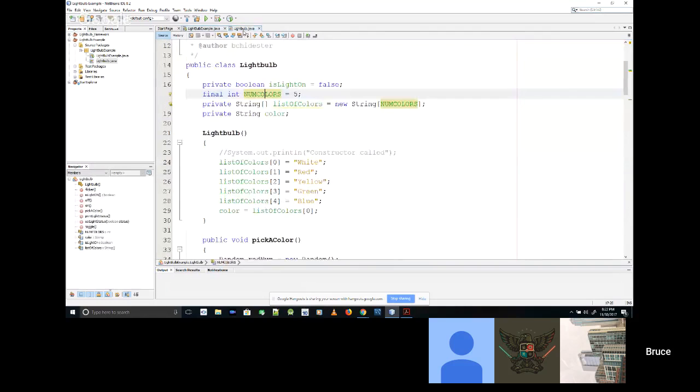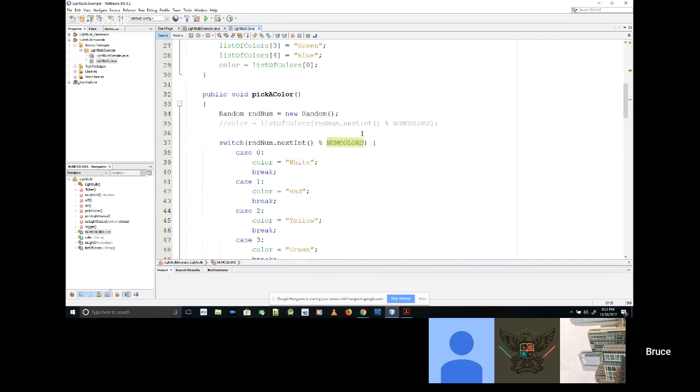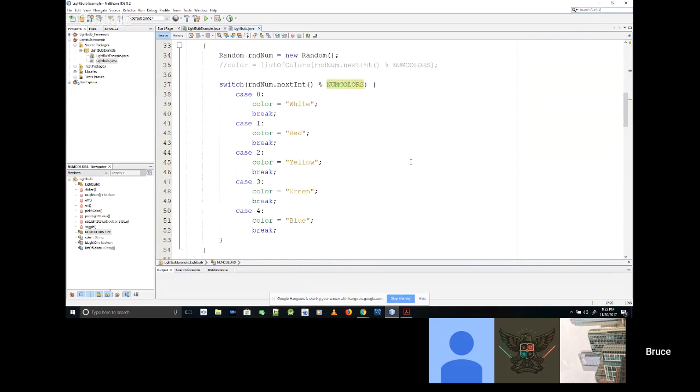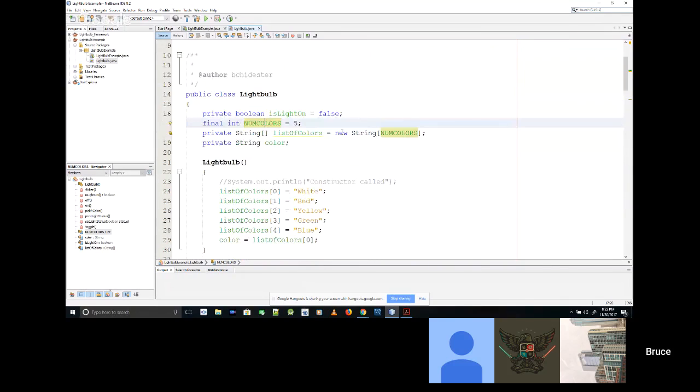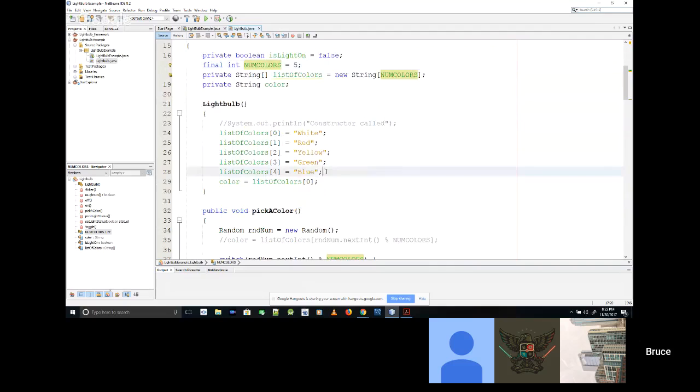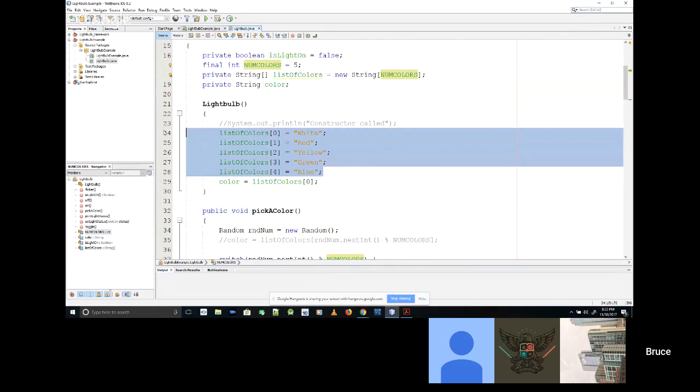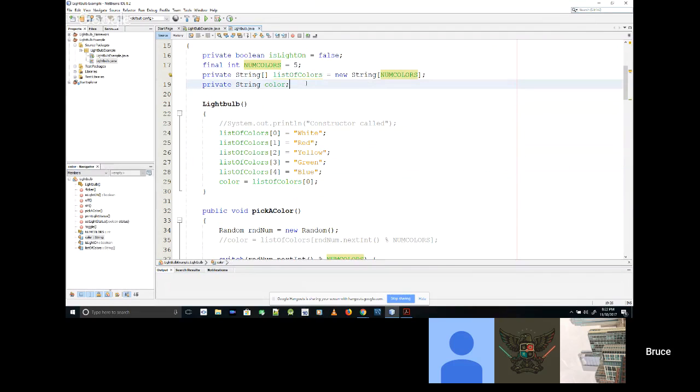But somewhere in here, I think... oh, what did I do here? Random num colors. Okay, so in this case, I did an array of integers, or an array of strings.